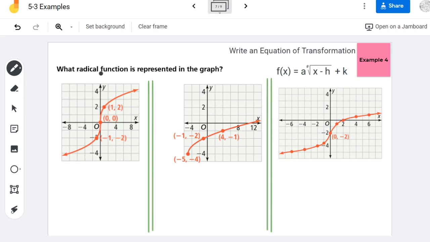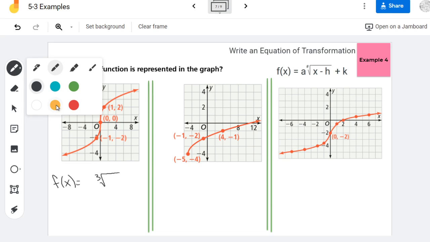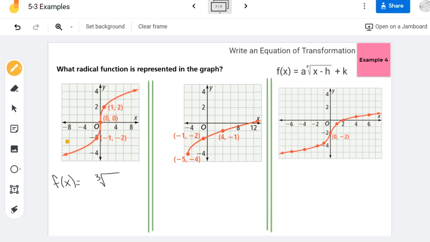So on this first equation, I'm actually looking at a cube root function, because I have that distinctive S shape. Now what I like to do on these is draw the parent function out just so that you guys can see what transformations might be happening. Be aware that Savvas has changed some of the scaling on these graphs. Notice that on the x-axis, each box is counting by 2, and on the y-axis, each box is counting by 1. So that's going to cause our graph to look kind of compressed horizontally, which is kind of annoying,